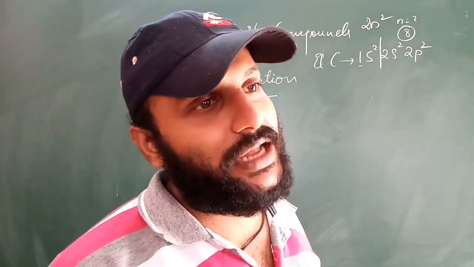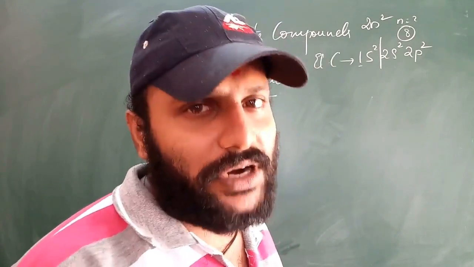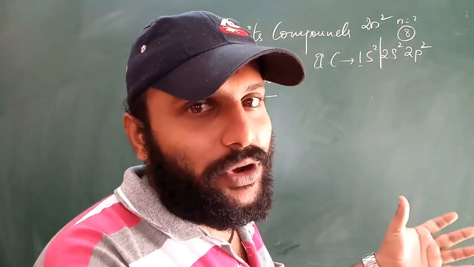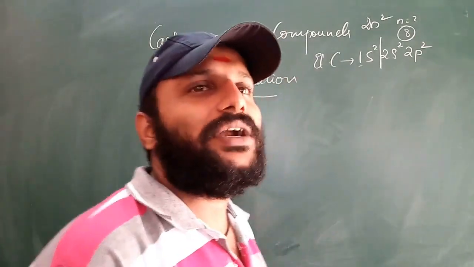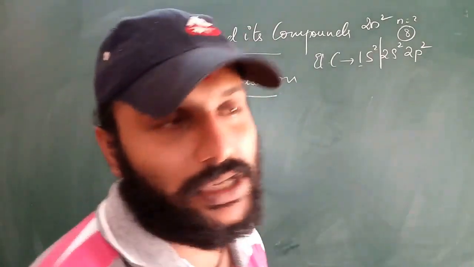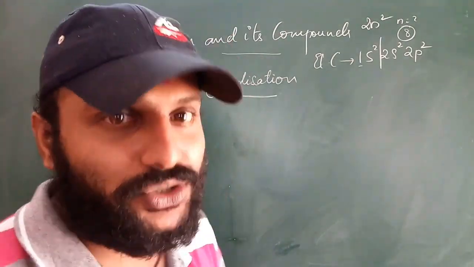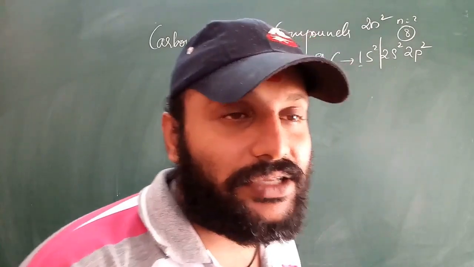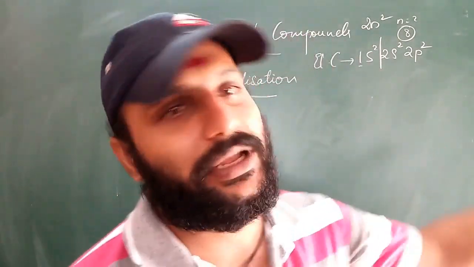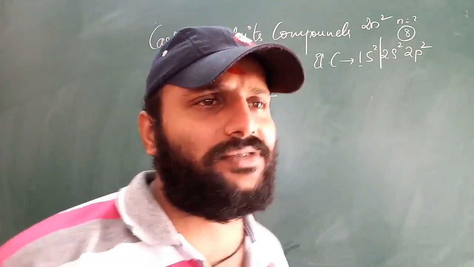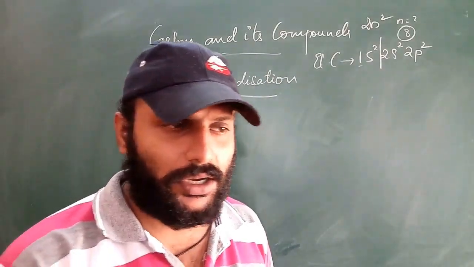So we have seen that either carbon can lose electrons or it can gain electrons. If it gains electrons, more electrons will be present, so repulsion will be greater. So it is not possible. What is the other chance? Carbon should lose the electrons. If it loses electrons, the positive charge of the nucleus, the protons, will effectively increase. So more heat energy is required to lose the electrons. So carbon can neither lose nor gain electrons. Only one chance was there, sharing of electrons. Sharing of electrons will take place during the bonding time.